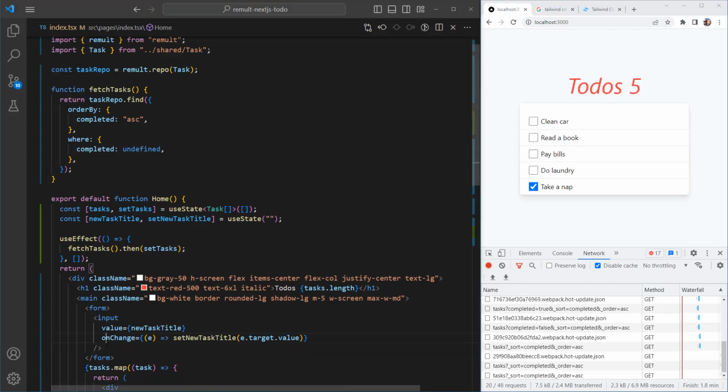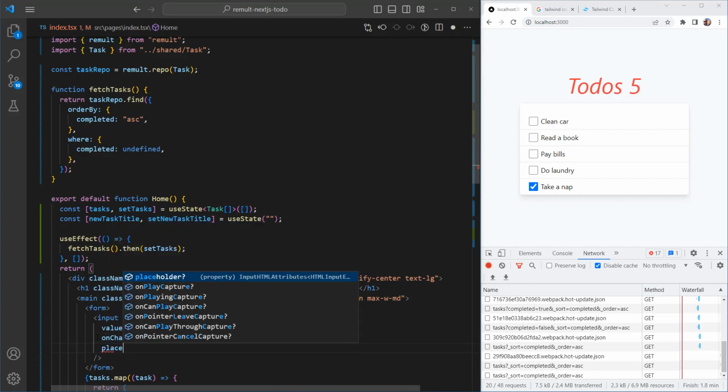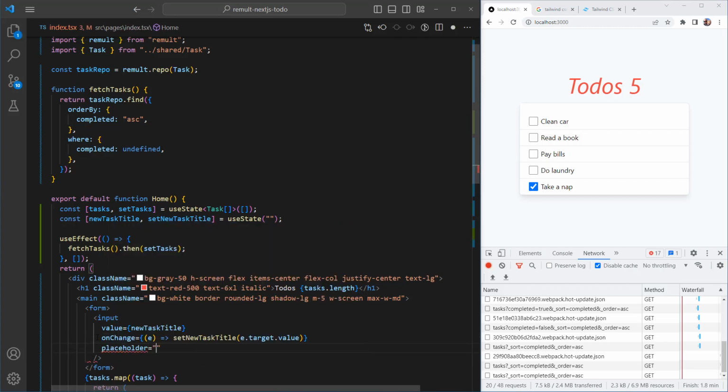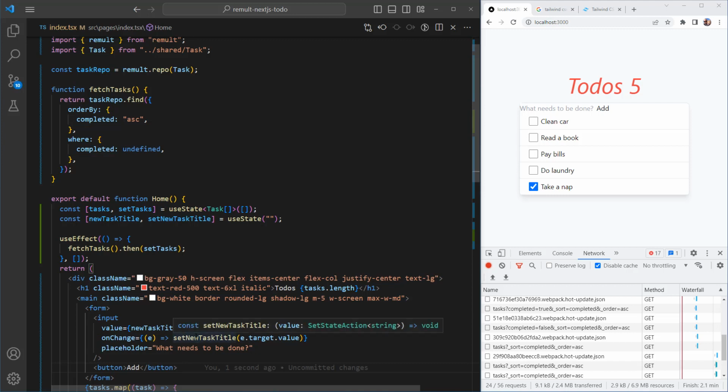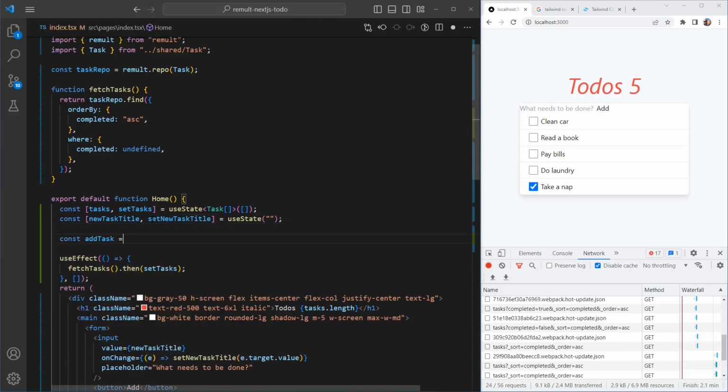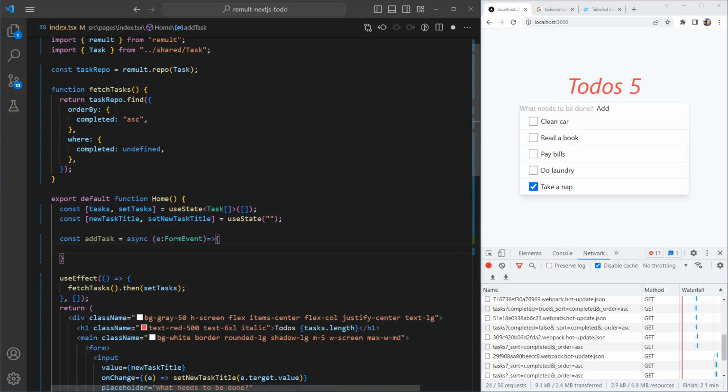Cool. Let's give it a placeholder of what needs to be done. And let's add a button with add. Okay, cool. Now let's go ahead and implement the actual add task functionality. So we're gonna add a function called add task. It's gonna accept a form event. And the first thing it's gonna do, it will prevent its default because we don't want it to submit the